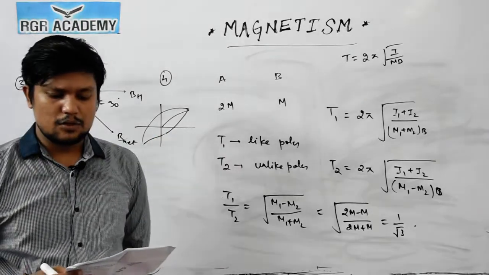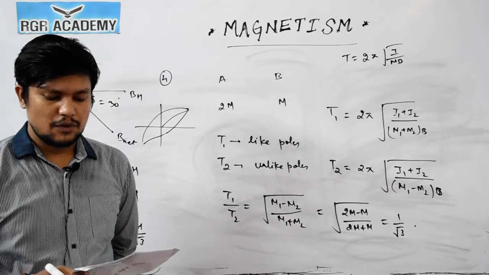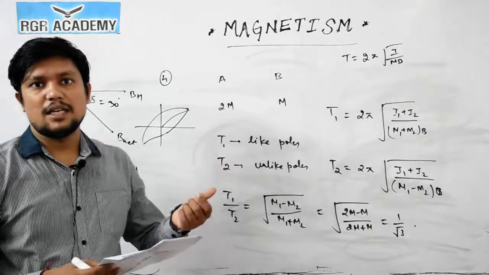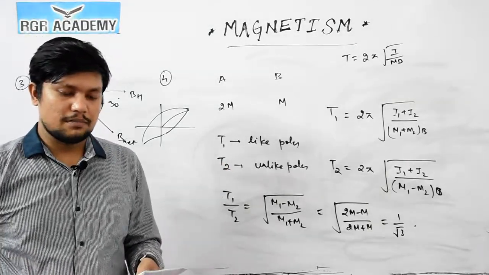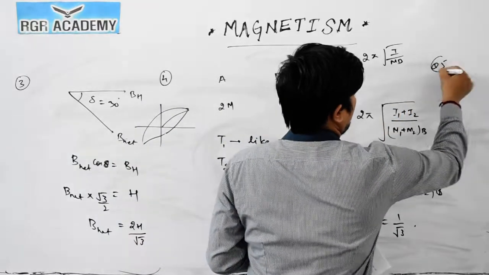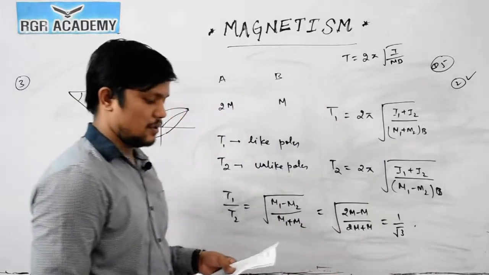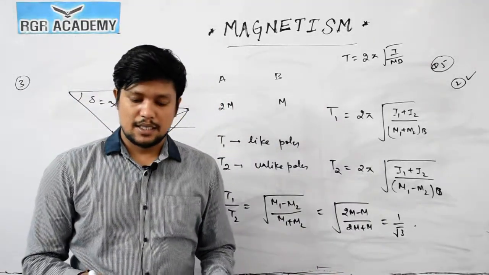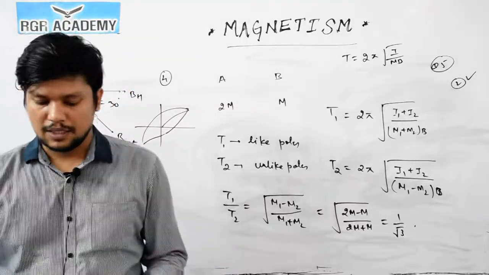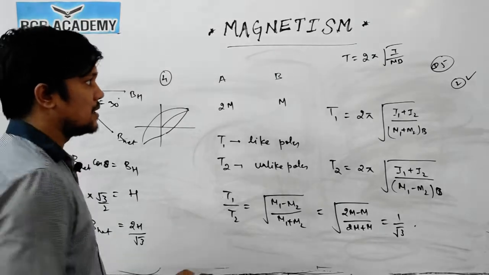The hysteresis loop area is independent of the thermal energy developed per unit volume of the material. So that is wrong. The area is proportional to the thermal energy developed in this. Okay, so option number 2 is wrong. So for question number 5, the answer is the second one, because that statement is wrong, because the area under that hysteresis loop is proportional to the thermal energy developed per unit volume of the material. Now we will move on to question number 6.